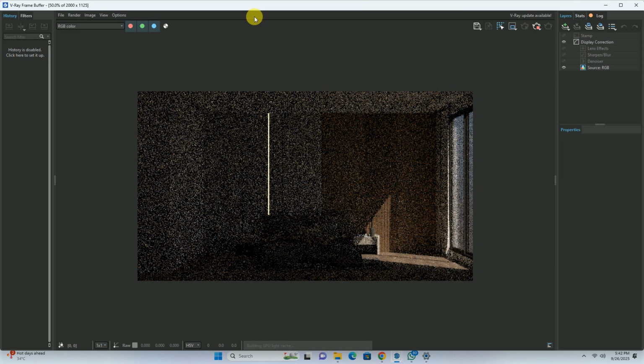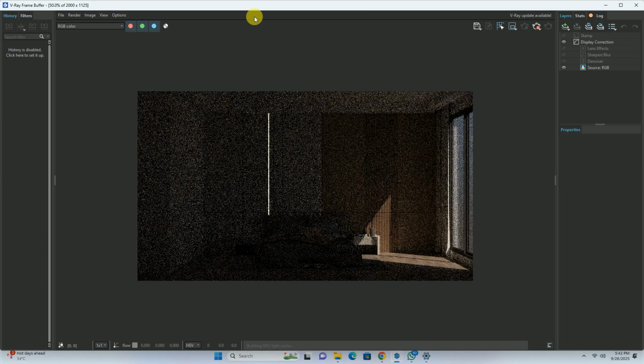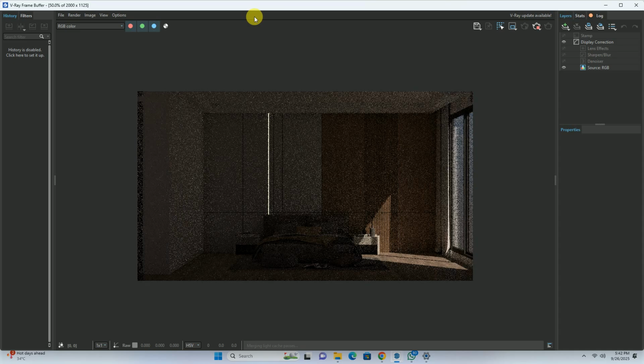Now you can see that the sunlight is coming only from the window. Now we are getting a dull kind of image because we haven't put any kind of light over here. The objects are visible only because of the natural sunlight and the emissive light that we have given initially.